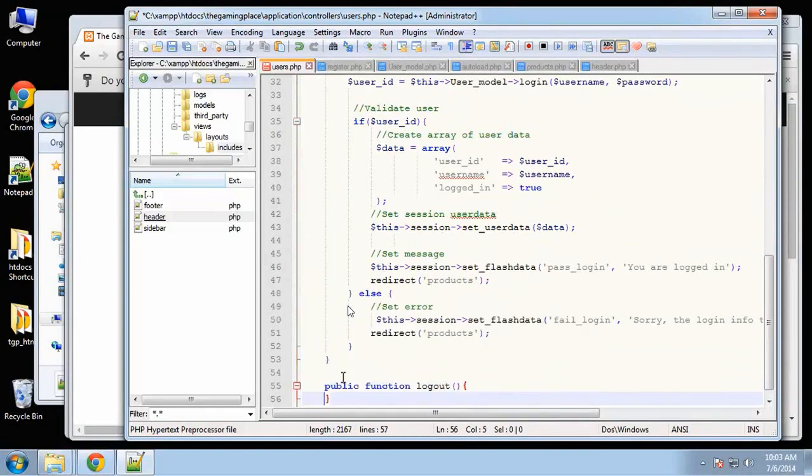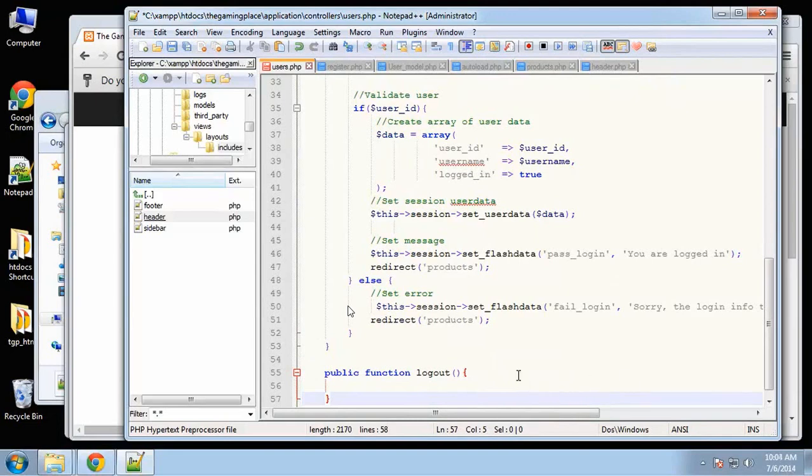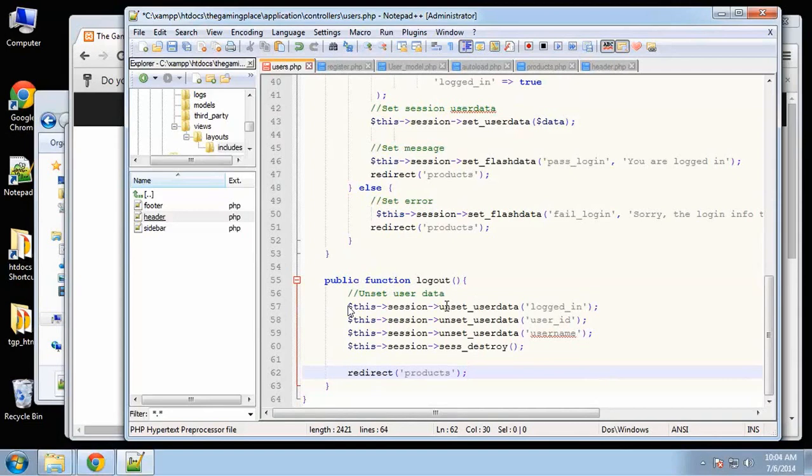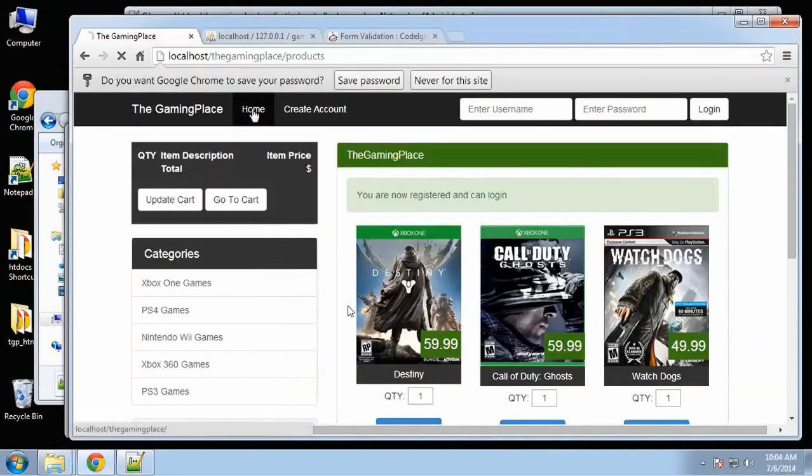Okay, and this is a really simple function. All we're doing is unsetting all the data in the user data array. So the logged in will be unset, user ID, username, and then we'll actually destroy the entire session and then redirect to products. Alright, so let's go ahead and try this. Okay, if we go home and I enter anything,